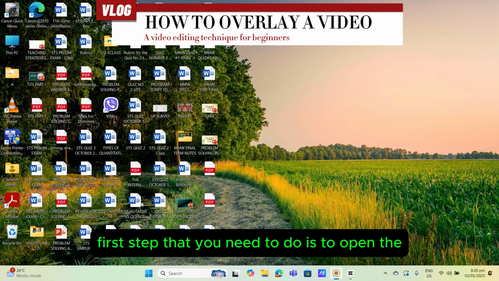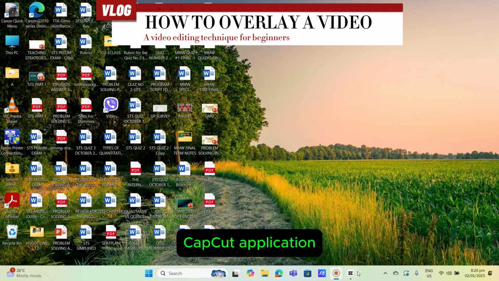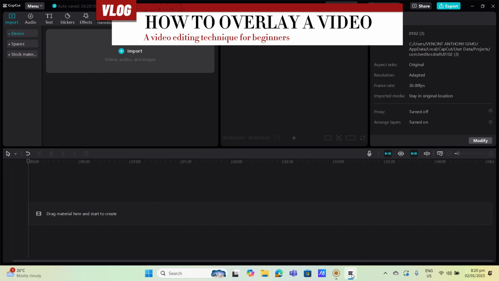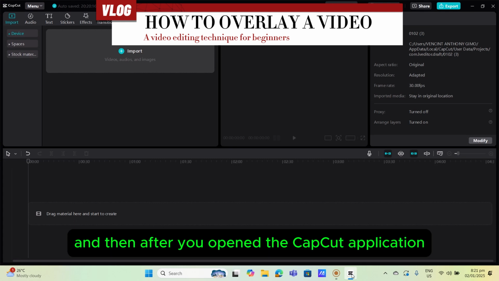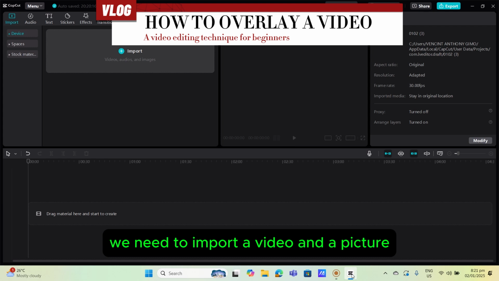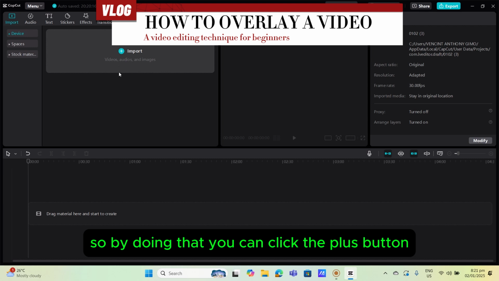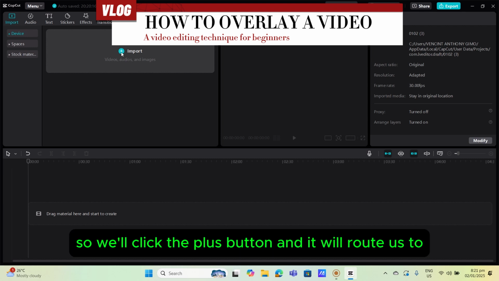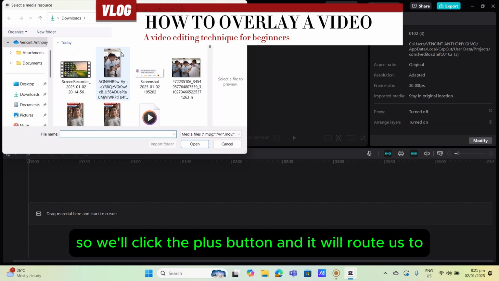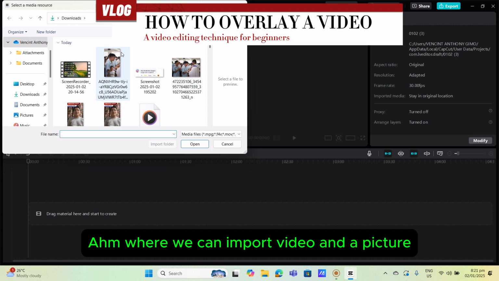All right, let's start. So, the first step that you need to do is to open the CapCut application. And then after you open the CapCut application, we need to import a video and a picture. By doing that, you can click the plus button. Okay, so we'll click the plus button and it will route us to where we can import a video and a picture.